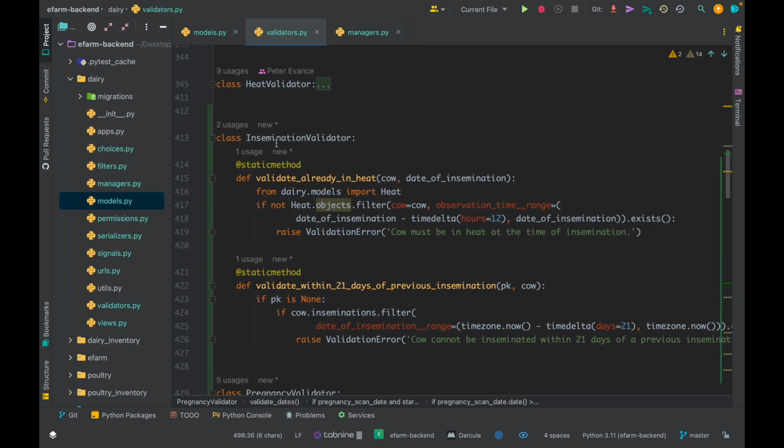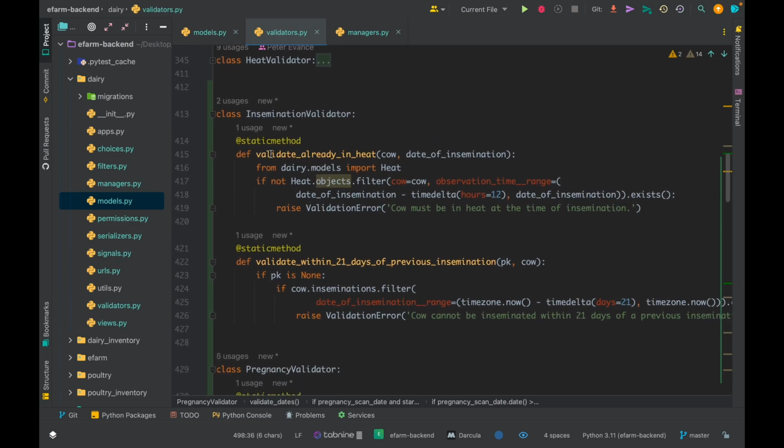Yes, over here we have our insemination validator. These are the two methods, the validate already in heat. We ensure that a heat object must be associated with that cow within the observation time range. The date of insemination must fall within the range of 12 hours ago and right now. And if that's not the case, we shall be raising the error that the cow must be in heat at